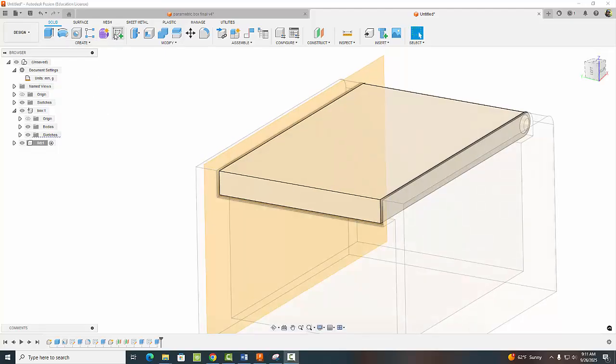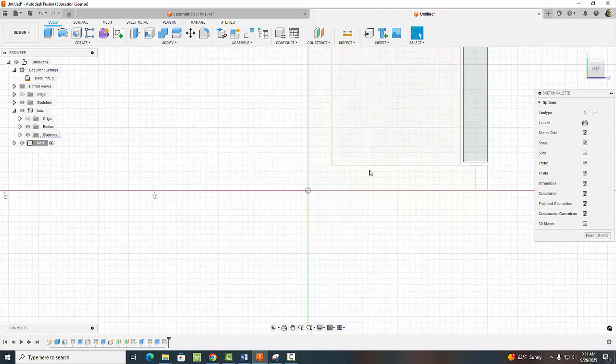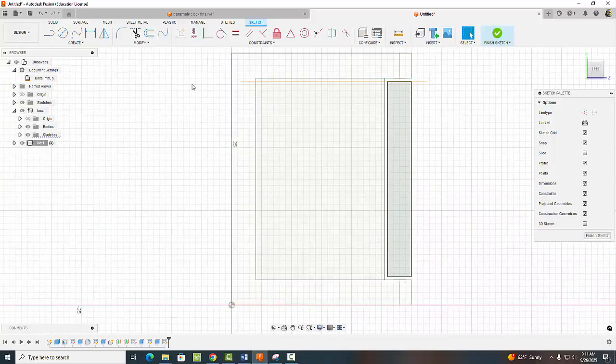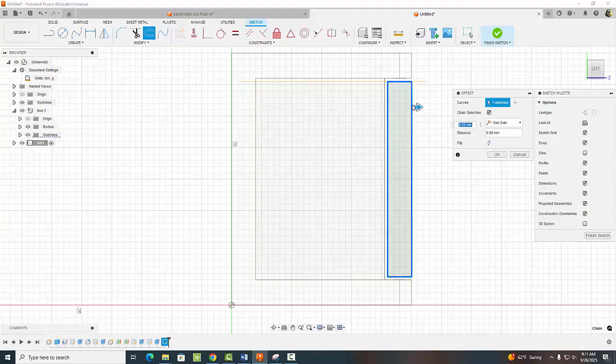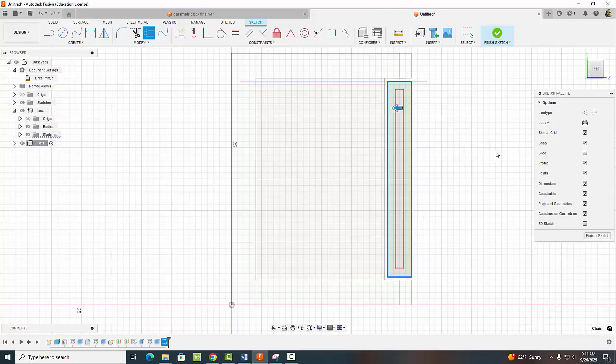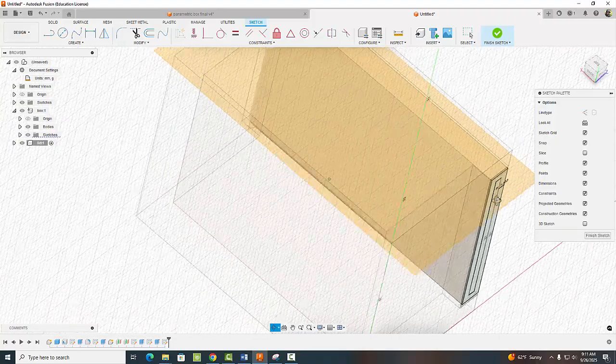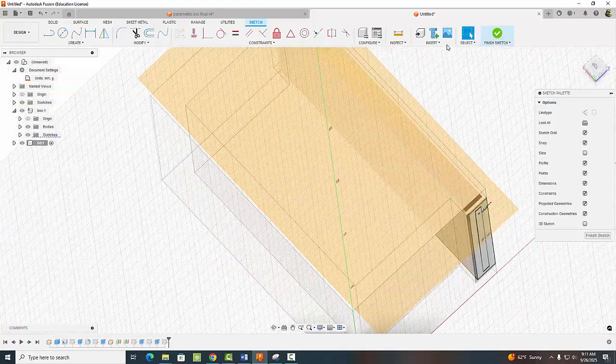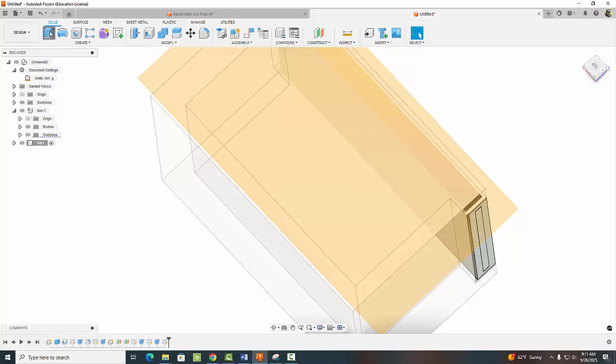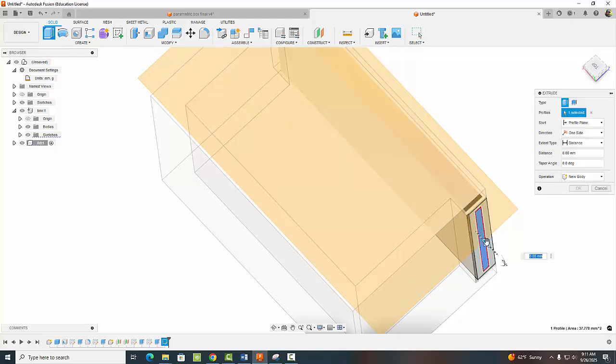All right, the last thing we're going to do is start a sketch right here, just to create a little feature so you can lift up your lid. So we're going to come over here to offset, and we're going to offset this distance to minus wall thickness divided by 3 and hit OK. All right, and then we're just going to extrude it, finish sketch,